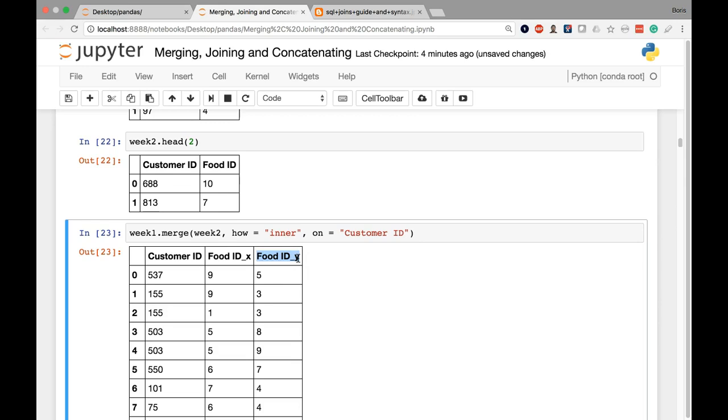But it doesn't want to have duplicate column names. And since the columns are called food ID in both week 1 and week 2, it has to find a way to separate them and make them unique. So it just adds that suffix to each one, and we'll dive into changing that in just a second. But basically, food ID X here represents our week 1 value whenever we have a customer ID of 537, and our food ID Y column here represents the value whenever we have the same customer ID in our week 2